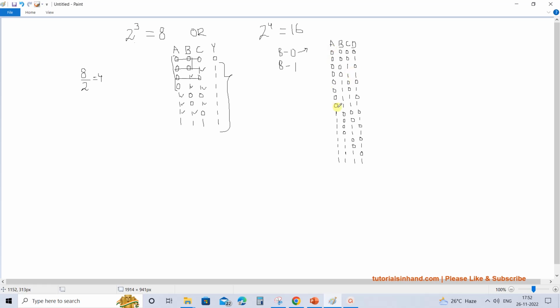So half of the total rows will be 0 and half of the total will be 1, and then for the second half, half of the combination will become 0 and half will become 1, and similarly for the next one. And similarly for the third one, half of the combination will be 0 and 1. So this is how we lay out this truth table.